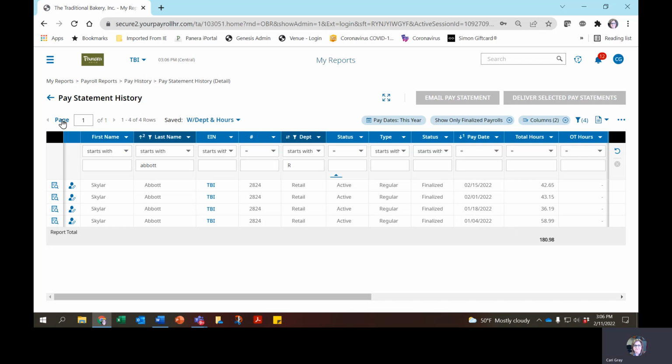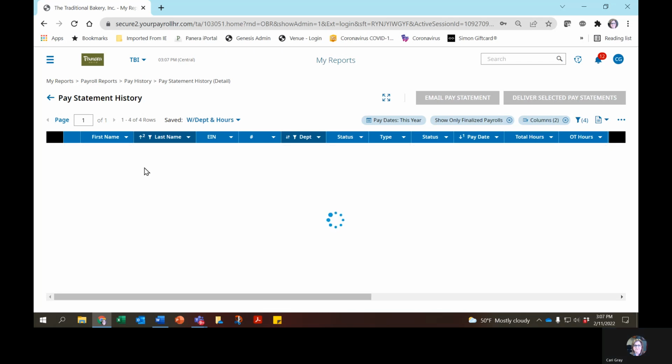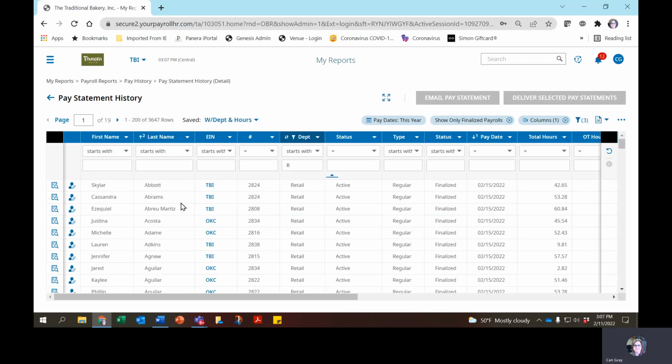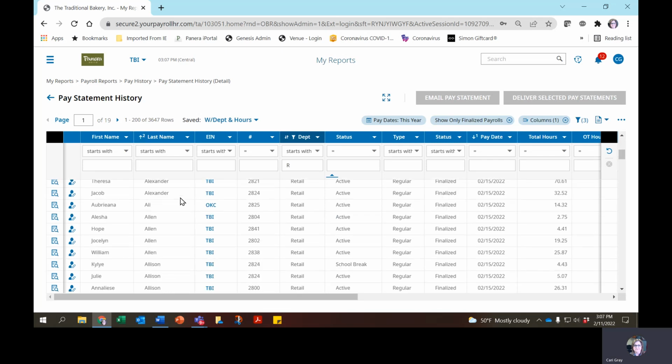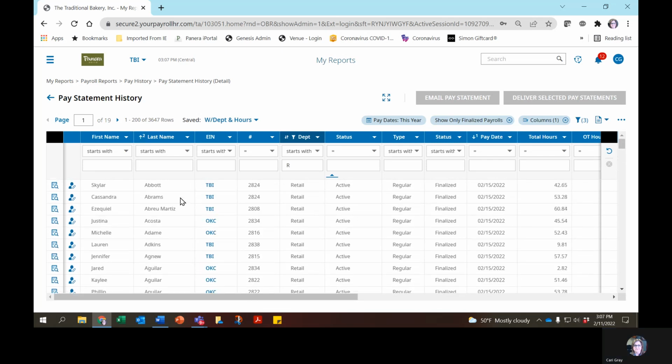Also on this screen, anytime there's an employee list screen like this, you can change the pages as far as how many employees you can view per page. The default typically is 10 or 20, but you could come down here and you could click 200, which is what I would do. So you would have access to everybody all the time. There you go. So I could continue to scroll for 200, and that would include in your cafe all your employees, because no one has more than 200 employees